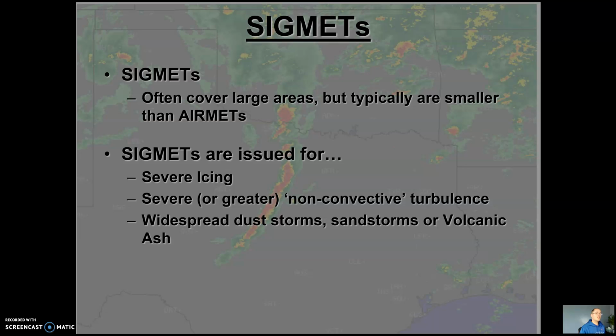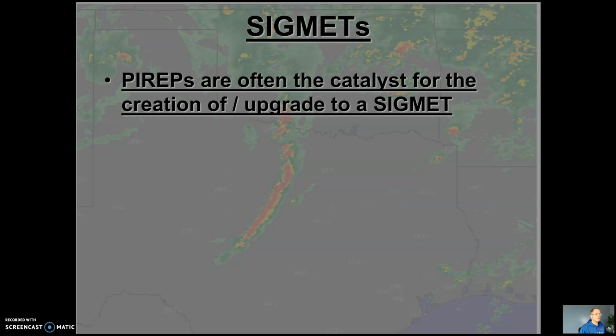But the volcanic ash SIGMETs are probably the most common of that final bullet. Think of things, for instance, across Alaska with some of the volcanic activity off the coast of Russia. And you can occasionally get some of these volcanoes that spew enough ash to where they can advect downstream a ways, and that's when we can get some of these volcanic ash SIGMETs. And so this is a single bullet slide again. Remember, this is 2.xx light. Also, the fact that this is important.